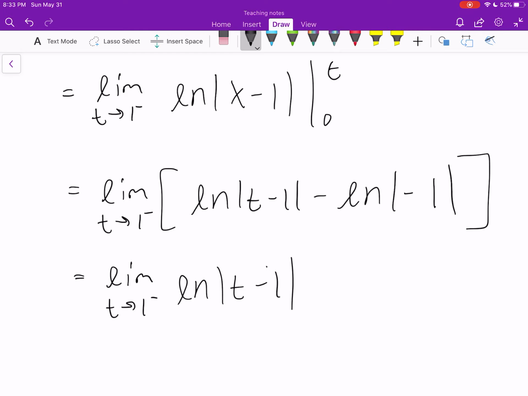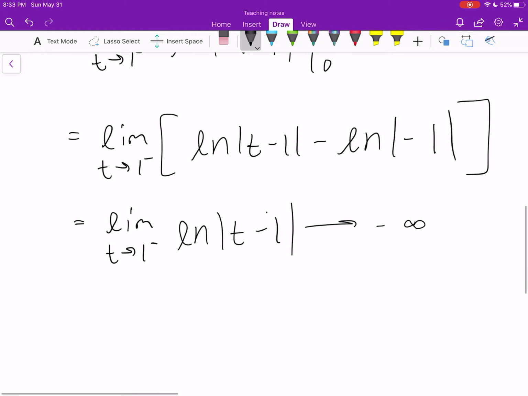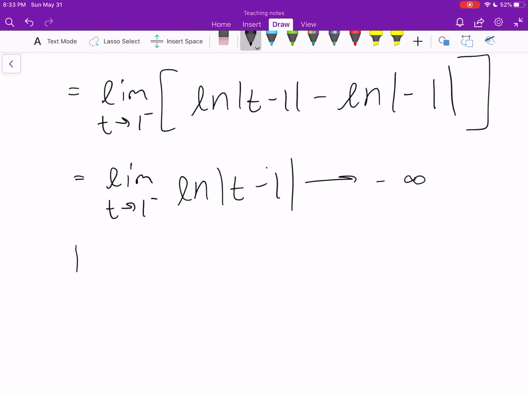If you think about what ln does as we approach 0, this goes to negative infinity. So because the integral from 0 to 1 of dx over x minus 1 is divergent,